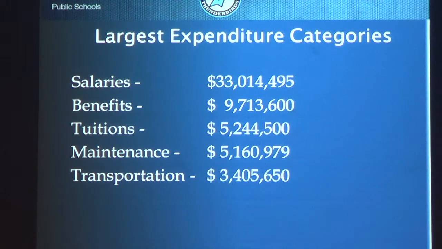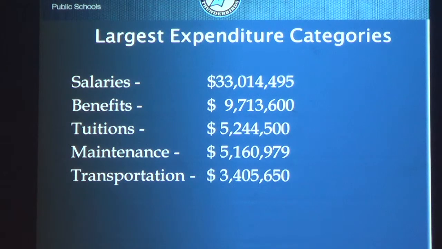In terms of breaking down by the largest 5 categories in the budget, there's no surprise here that salaries will make up about $33 million. Benefits, which includes health benefits, prescription, dental, workers' comp, Social Security, and then some other small items, give you about $9.7 million. We've talked a lot about this area again because of both the size and the volatility of the health benefits